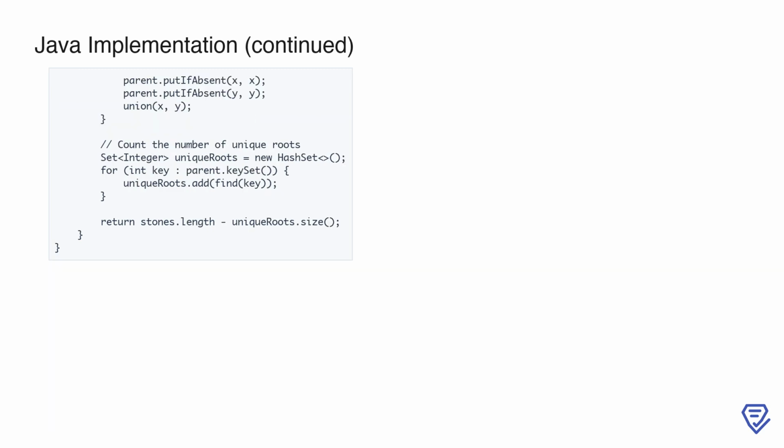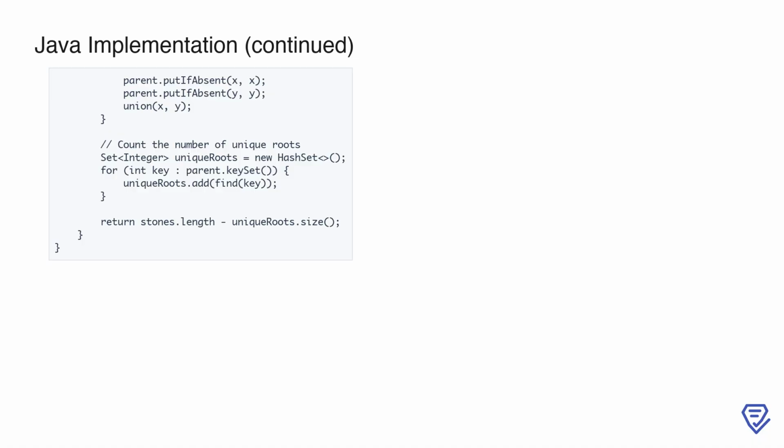Continuing the implementation, for each stone, we check if its row index X and the transformed column index Y are already present in the parent map. If not, we initialize them in the map with themselves as their own parents. We then call the union function to connect the row and column indices of the current stone, essentially linking them